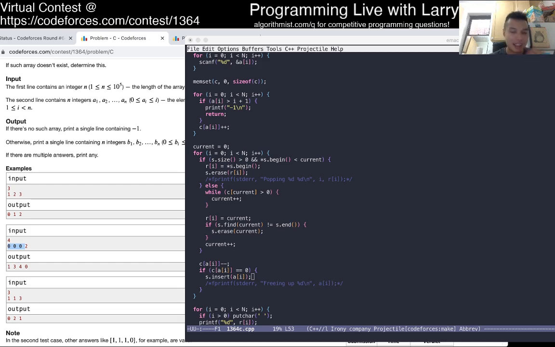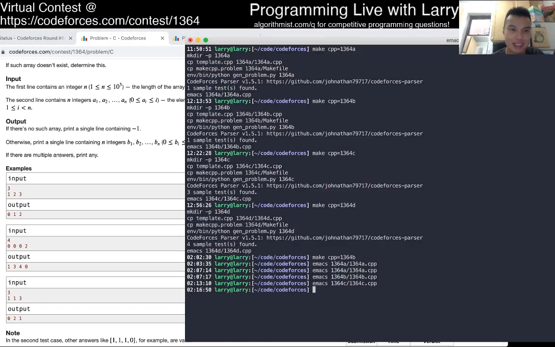So what I do is I put it in a set so that the next time we can use the smallest number, which is what we did. And yeah, that's kind of problem C. I took a long time on this, but it's okay. And the current keeps track of just the biggest number that we can use, and this is all O of n log n because we only look at each number once, or twice maybe. We only output each number once, so yeah.